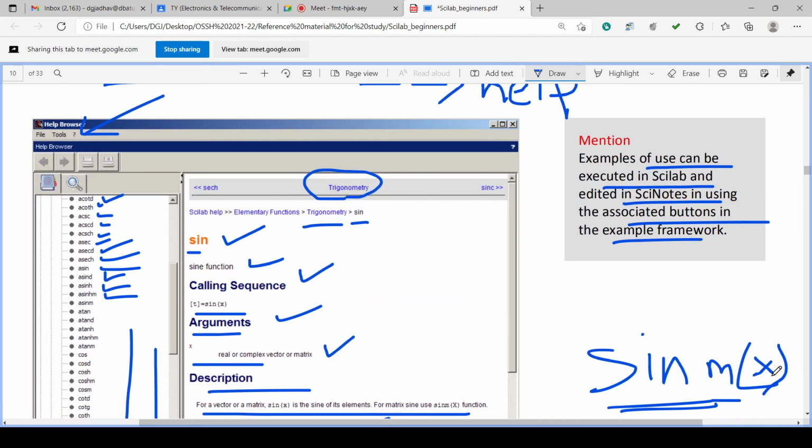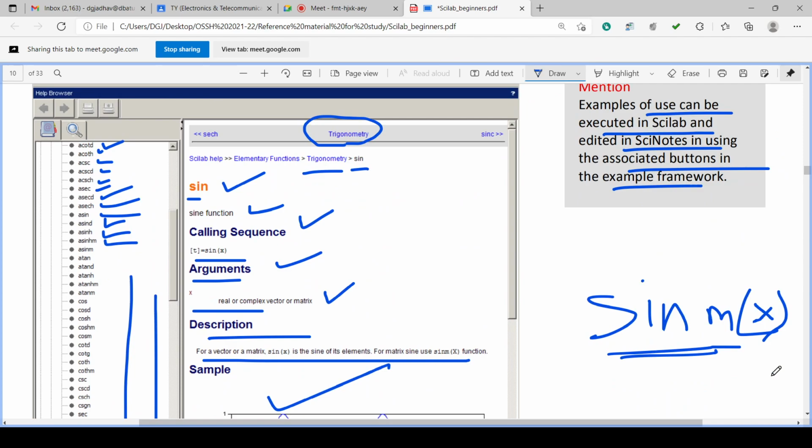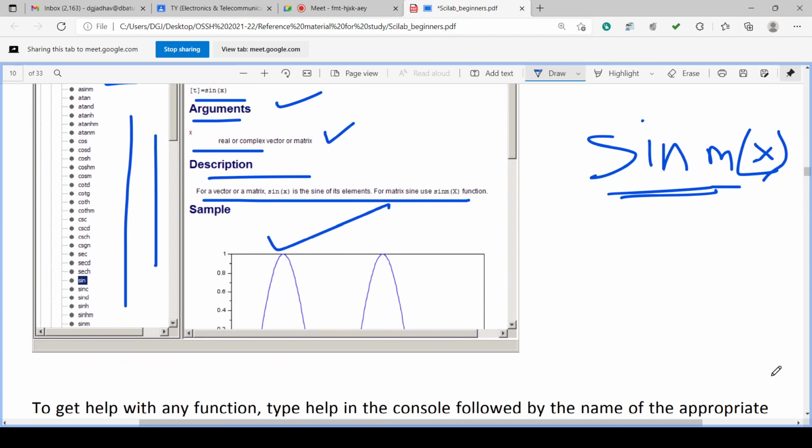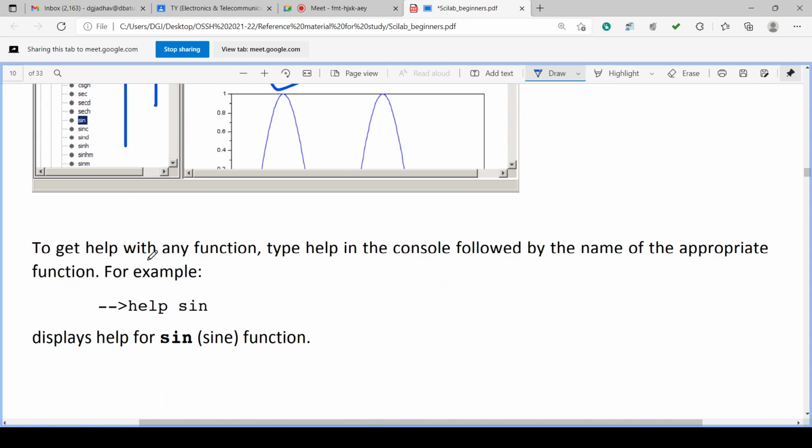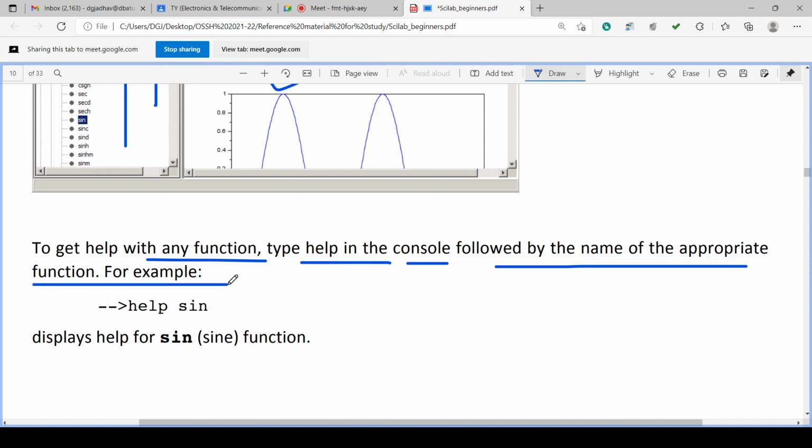So we have seen all the four windows. Console window is there, editor window is there, graphics window is there, and help window is there. To get the help with any function, type help in the console followed by the name of the appropriate function. For example, in the console in front of the prompt, type help, give a space and type, suppose, sin, and enter.